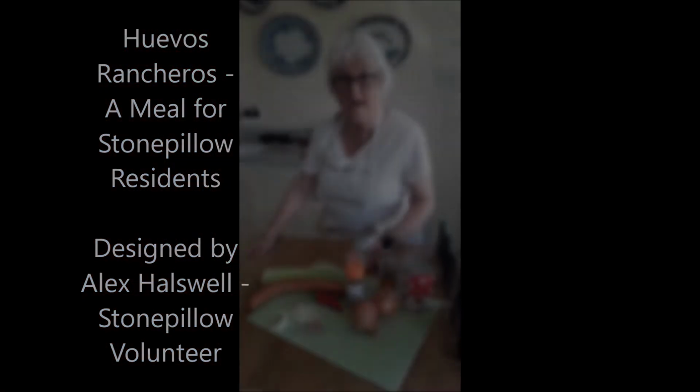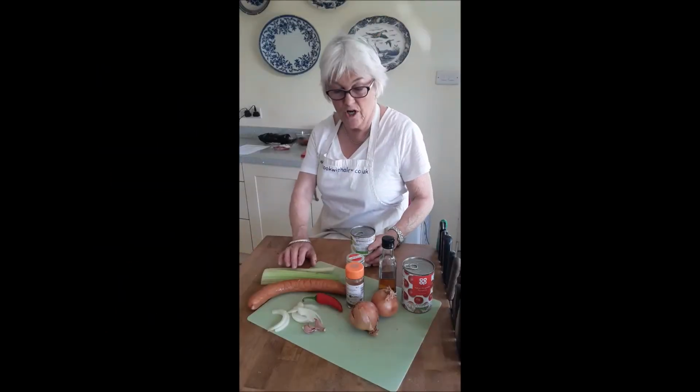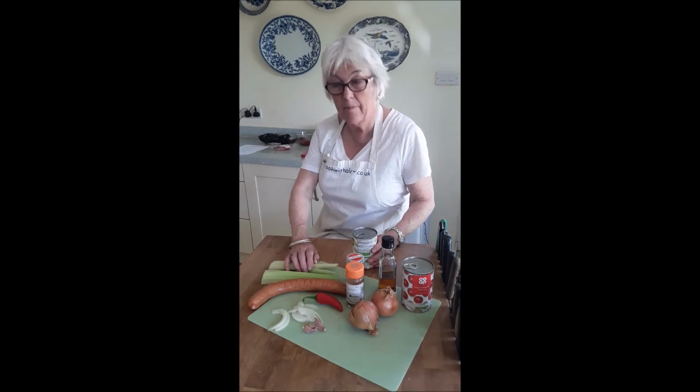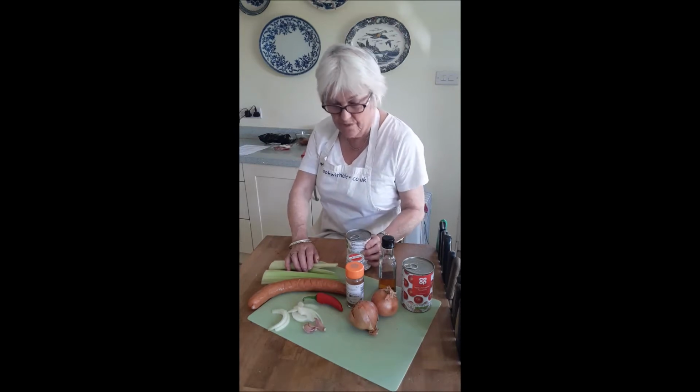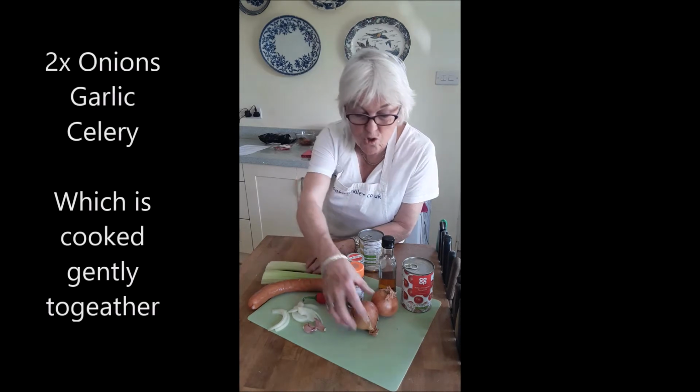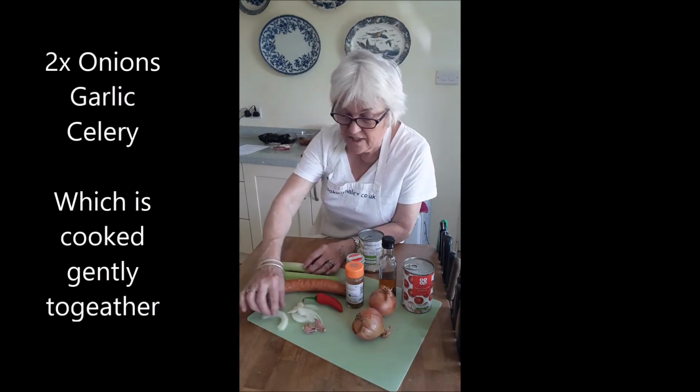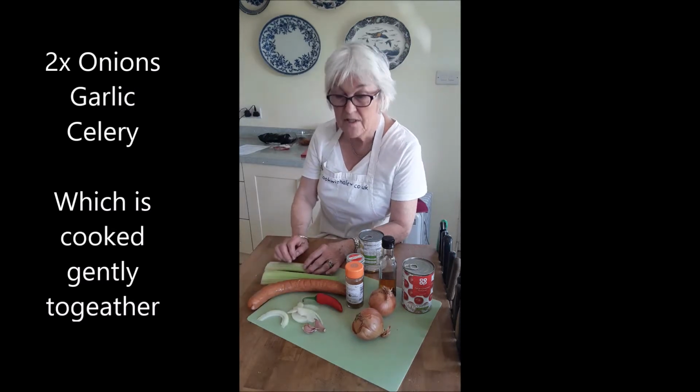What we're going to do today is a dish called Huevos Rancheros, ranchers eggs, which actually is a Mexican breakfast dish, but I'm making it into a quick supper dish for you. It's meant to be hot, chilli hot. And what you've got in it is two onions, or one very large one, sliced, half circle sliced, some garlic,